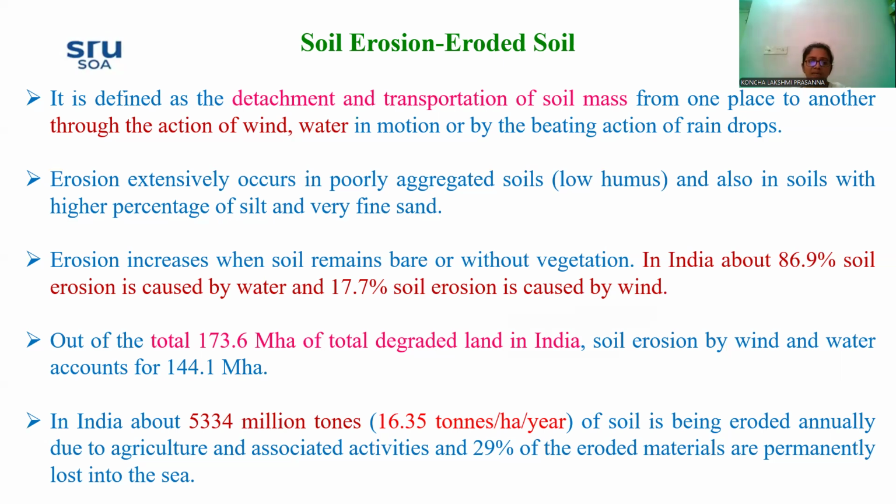Out of 173.6 million hectares, the total degraded land in India, soil erosion by wind and water accounts for 144.1 million hectares. In India, 16.35 tons per hectare per year of soil is eroded annually due to agriculture or its associated activities,